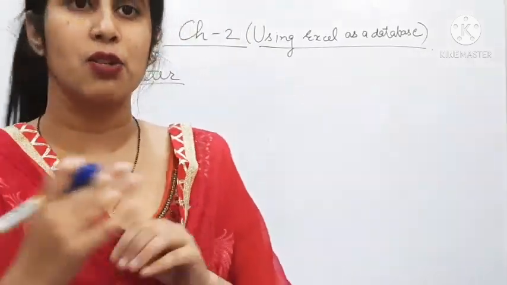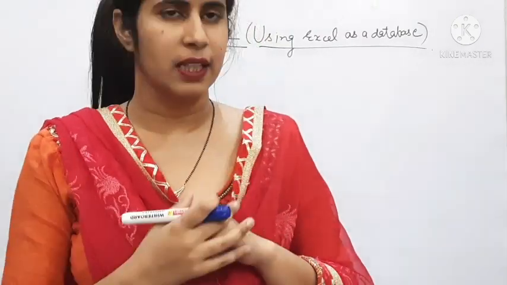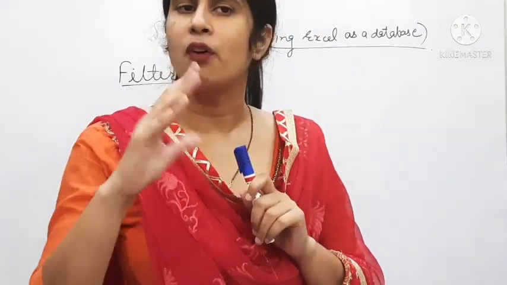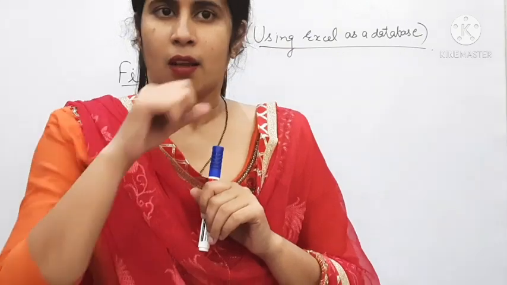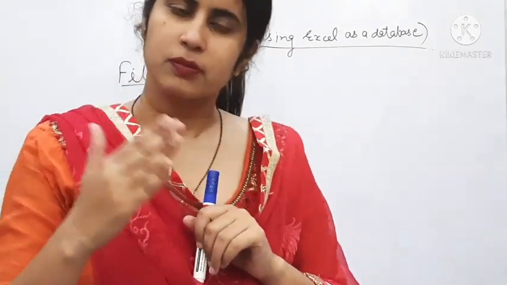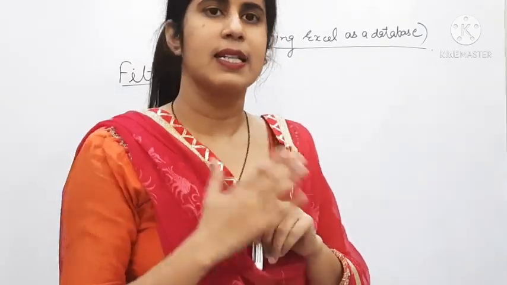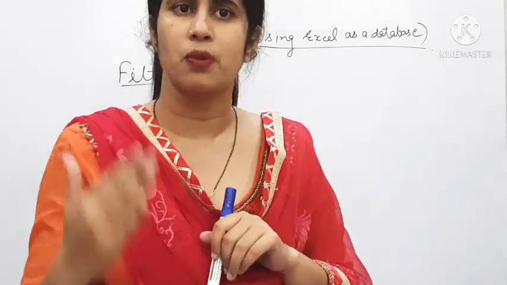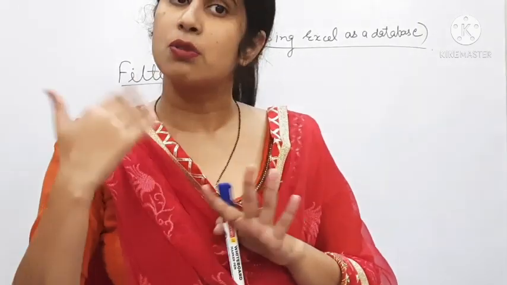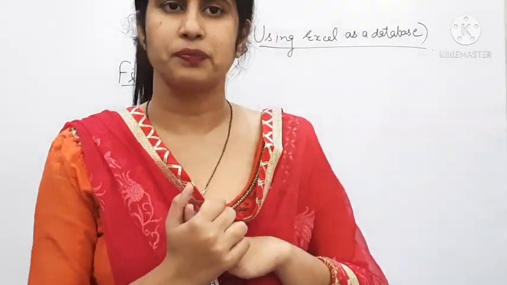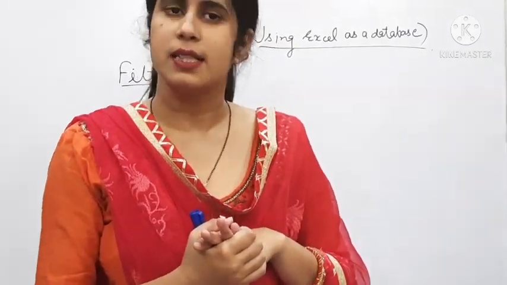How does it work? Actually in the computer, suppose we have a large amount of data. So we are trying to filter it. How are we trying to filter it? Suppose I want the numbers. I have entered the marks of the students, okay, the marks of 100 students. Now I want the marks of the students that are from 90 to 100 only. The students who scored the marks from 90 to 100. So these marks I want to show, and who scored these marks, this also I want to show. So this can be done by the filter feature. This is done by the filter feature.